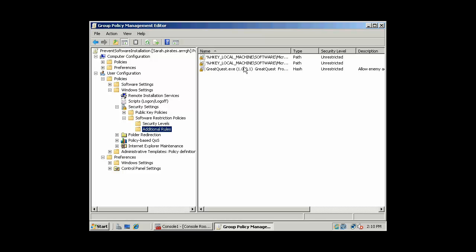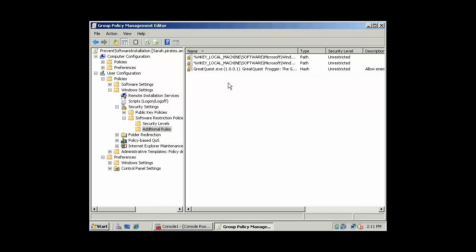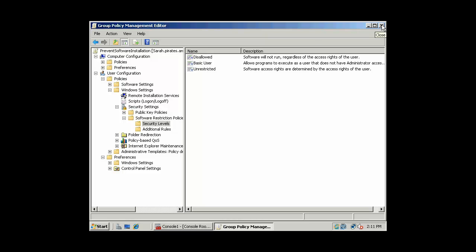And in this case, now I've made a hash rule, and it appears for that particular item, Great Quest EXE, and so they could actually run that program or install it. But then, considering all other programs, they have been disallowed or denied the privilege of installing software. So let's go ahead and